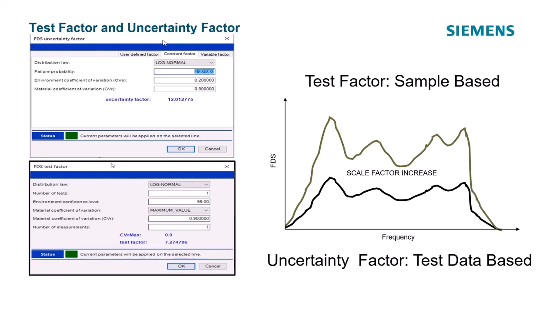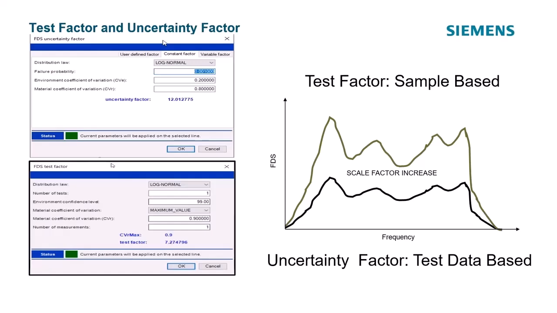The test factor is used more often, I see, and the test factor says, I'm trying to predict a population performance from a small sample test. It's simple. The more samples I test, the lower the level of the profile. If I test one sample, I have to test to a higher level to be equally as confident as if I tested 5 samples. So this takes into account a factor that adjusts for how many samples you're testing.